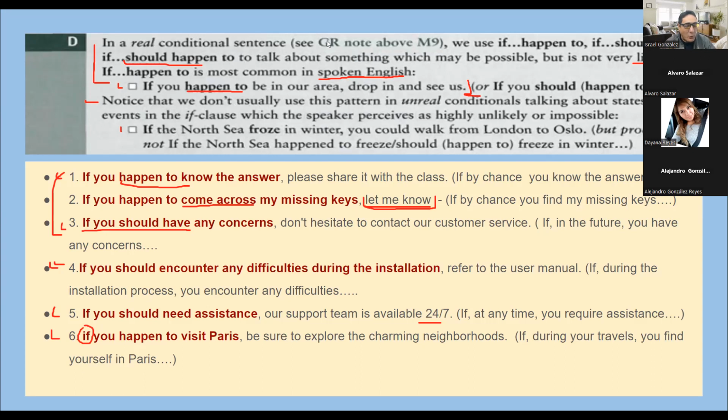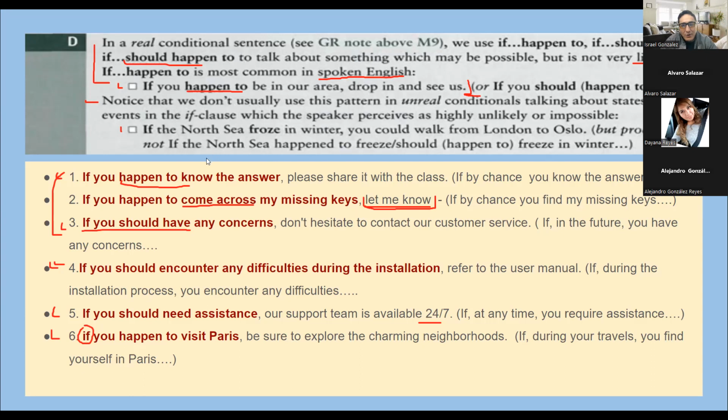Yeah, because they are not related. The ones that we were checking on Wednesday, they are all some other structures that we can use. But this one, I think it is nice to use in a conversation. Maybe you have a friend, and you know that your friend is visiting Mexico. You say, if you happen to be in Mexico City, give me a call. I want to see you. If you happen to be,